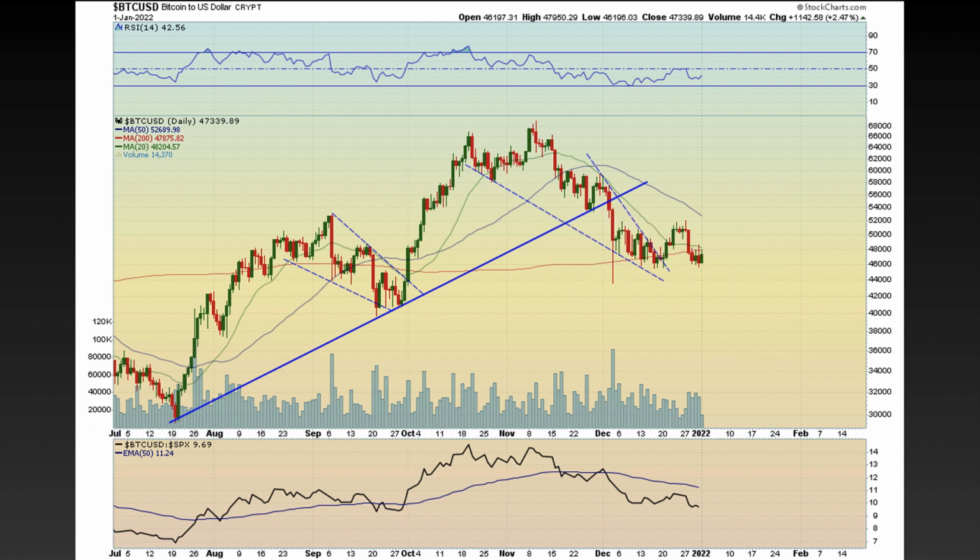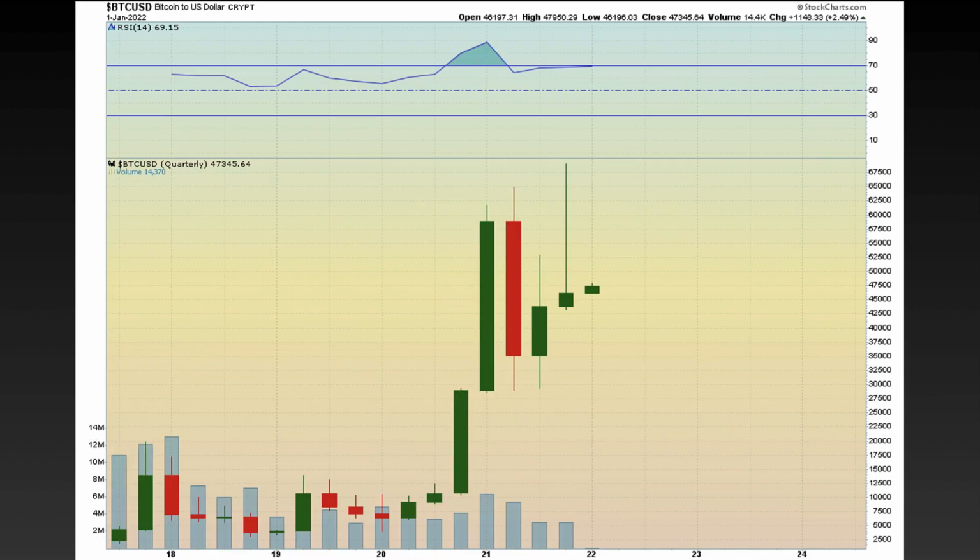Another chart that I don't like of Bitcoin is the quarterly time frame. Don't put too much weight on this. All right, don't put too much weight on this. But that candle, that's disgusting. That's just a gross candle. It came all the way up, and then we came all the way back down, a huge topping tail. Now, that doesn't mean anything to me, but if we start cracking below that low, or have a quarterly close below that low,